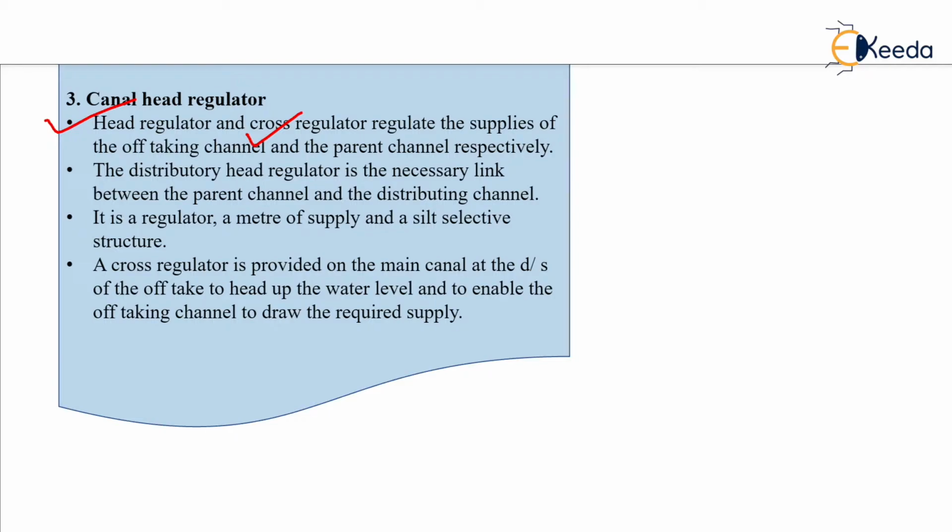Parent channel means either a main canal or a distributing canal, which we have seen in the previous slide, showing how we can divide the canal system. Firstly, the main natural resource, then we have a main canal, then a distributary canal, then various distributors, then a water channel, and then a field channel. Finally, the water reaches the agricultural land. This is the way the water passes through all these mediums.